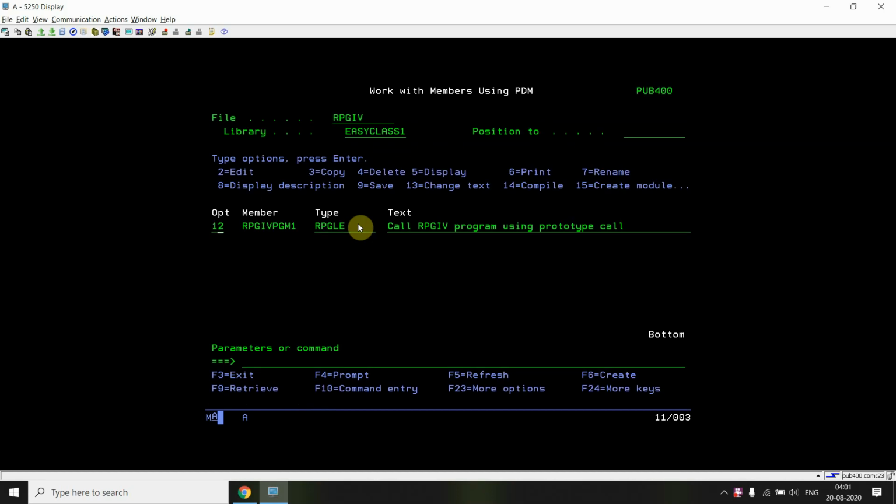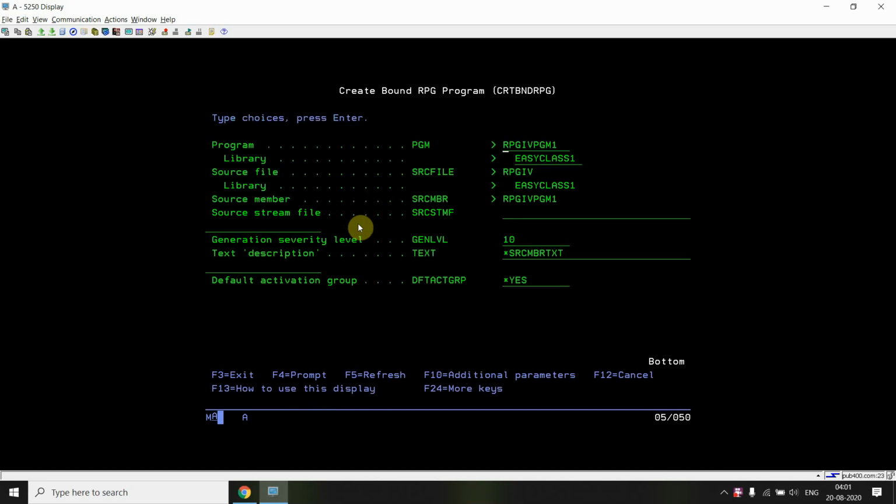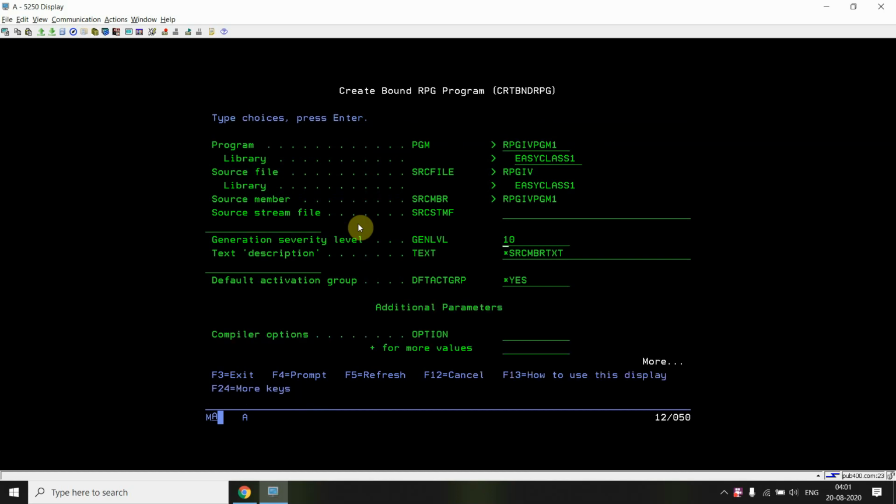Okay, so just compile this program using option 14, that is create bound RPG. For RPG3, the CRTRPGPGM command is used. So let's compile this using *SOURCE.